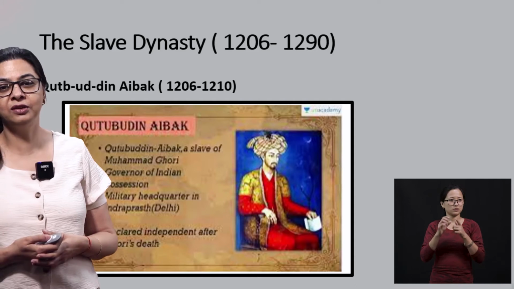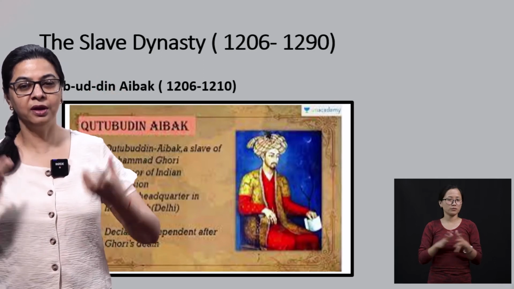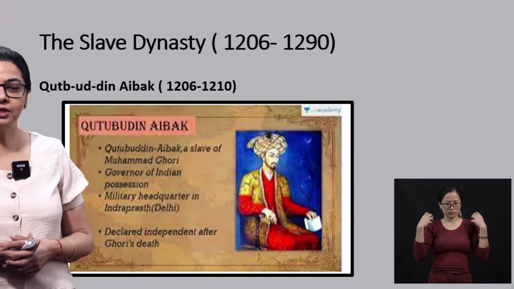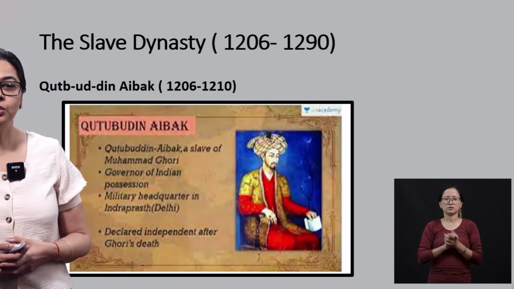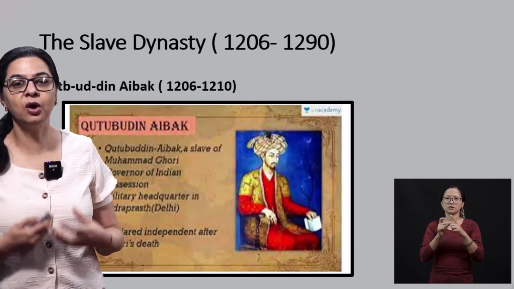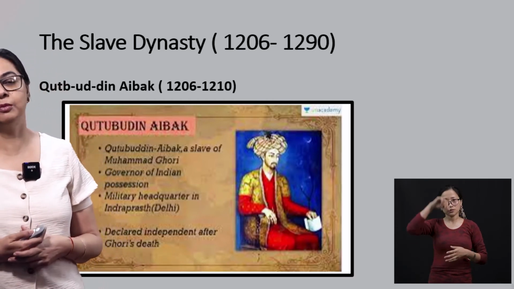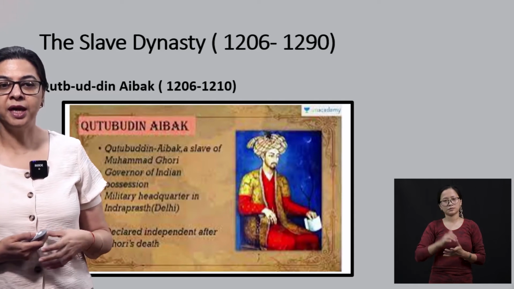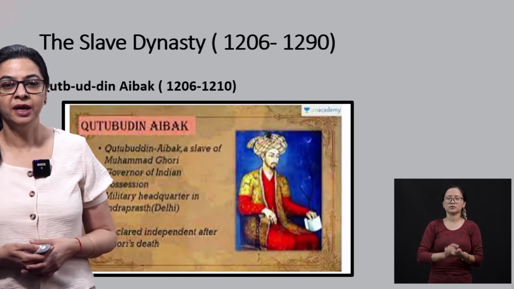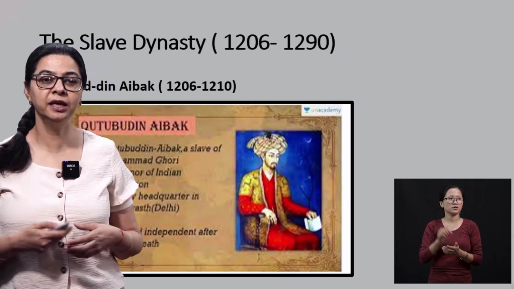If you can see, he really looks dressed up really nicely, adorned with headgear and everything, wearing a bright red and yellow gown. He was a slave of Muhammad Ghori, and when Muhammad Ghori conquered India, not annexed but conquered India, Qutbuddin Aibak was the governor. He had his military headquarters in Indraprastha, the modern Delhi, and he declared independence. So he declared his own dynasty in Delhi